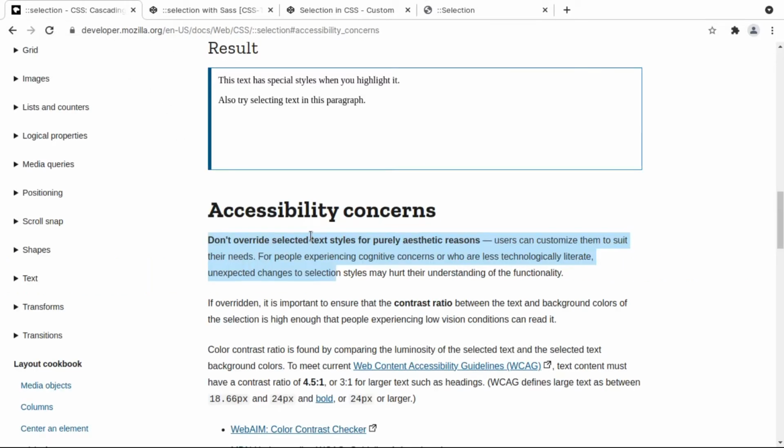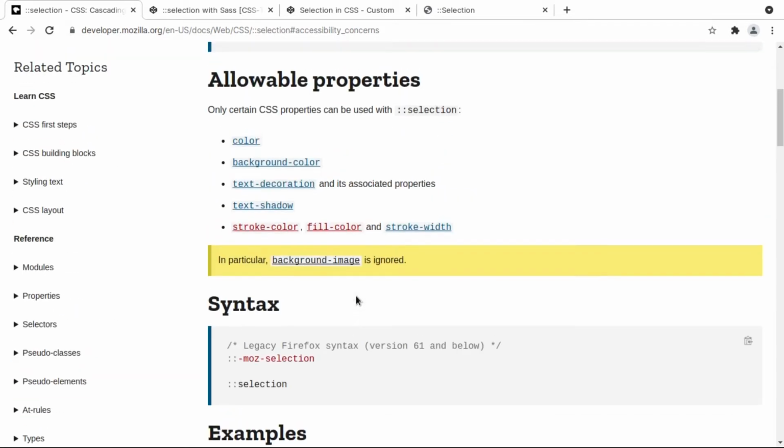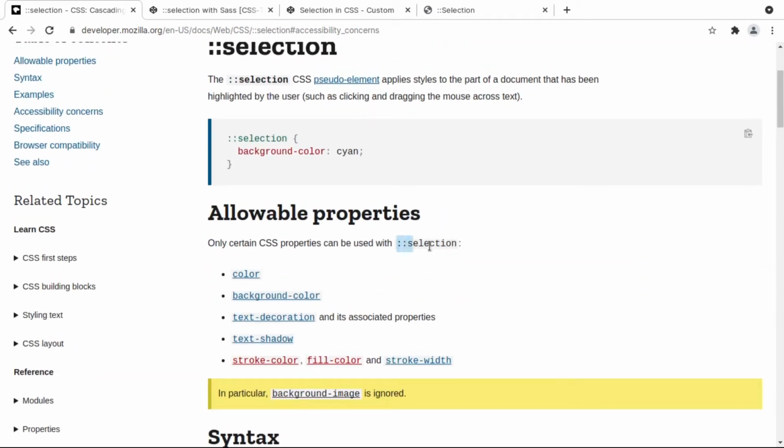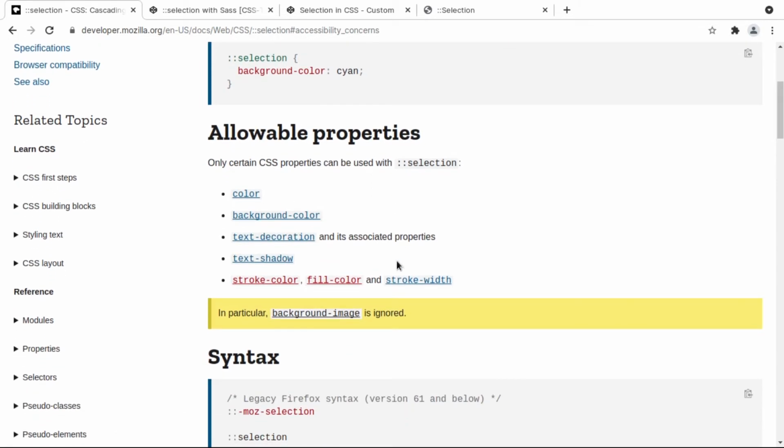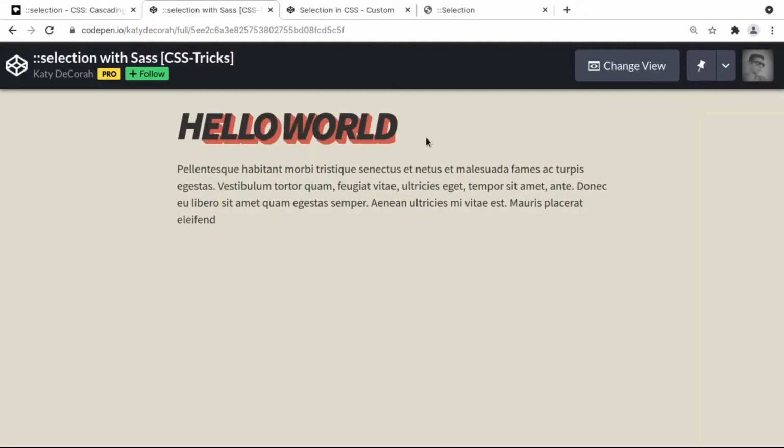So what we are limited to in this feature: obviously for our selection we will be using the selection element. When I say selection, that's for highlighting the text like this. We will be using the selection element that's built into CSS, and we are limited to only these properties. I think we have one more property, like the outline, but I don't think MDN has included it in here, but we don't need that. Obviously in most cases we need only the color and background color, and in some cases we need text shadow, like making the hello world in this case.